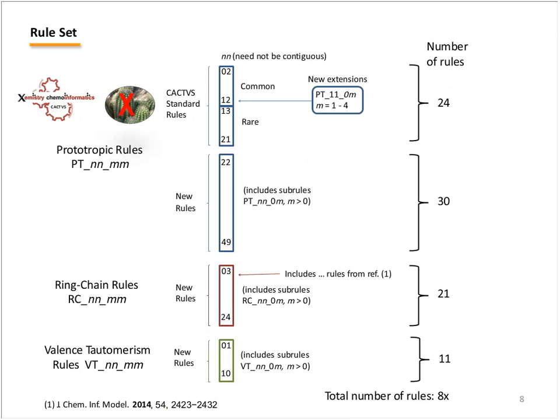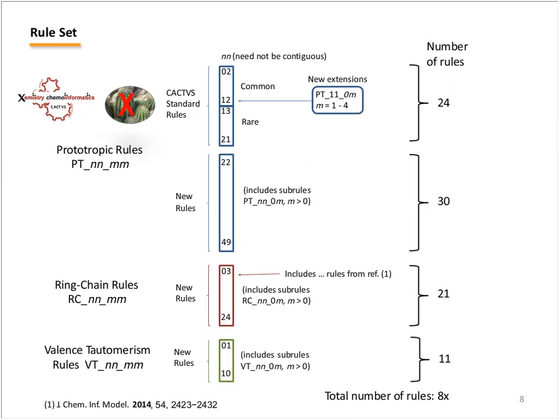So in the coming slides, we are going to see different kinds of transforms, different kinds of tautomeric reactions which are present in the chemical literature and in some of the software tools. I have classified these rules into 3 groups: prototropic, ring-chain, and valence tautomeric. PT indicates prototropic, RC indicates ring-chain, and VT indicates valence tautomeric, and NN indicates the number of the rule, and whether a variant is present. Overall, we have around 80 rules